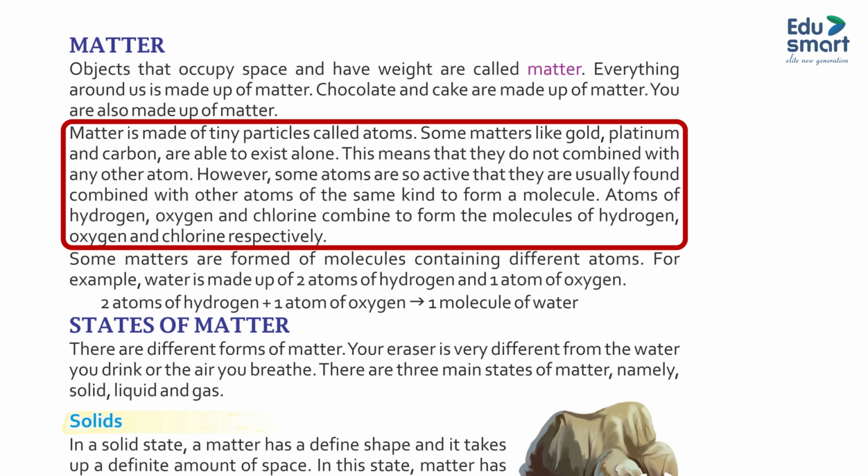Some matters like gold, platinum, and carbon are able to exist alone. This means that they do not combine with any other atom. However, some atoms are so active that they are usually found combined with other atoms of the same kind to form a molecule. Atoms of hydrogen, oxygen, and chlorine combine to form the molecules of hydrogen, oxygen, and chlorine